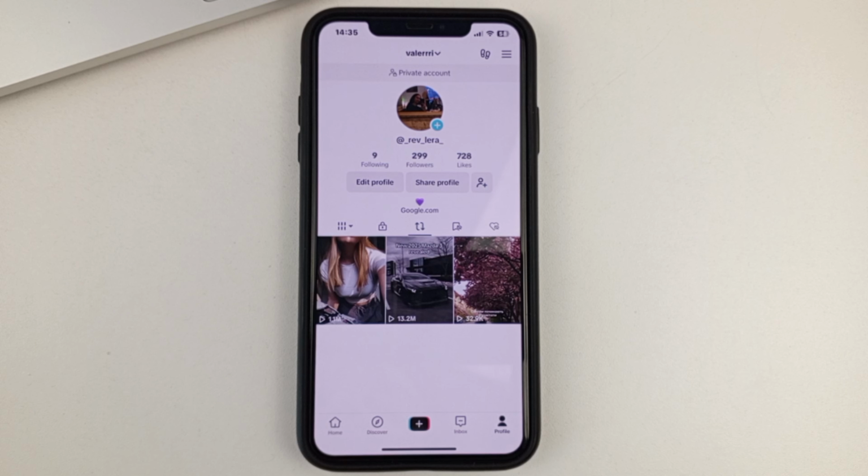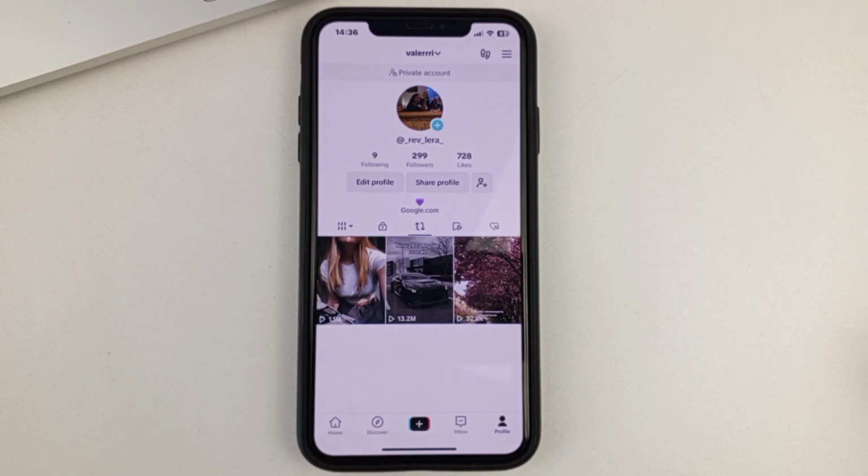But friends, if you have quite a lot of videos in the reposts, let's say several hundred or even thousands, then of course it will take a very long time. And I would like to delete them at once. But unfortunately, there is no such function in TikTok as delete all reposts at once. But there is one interesting workaround, which I will show you now.